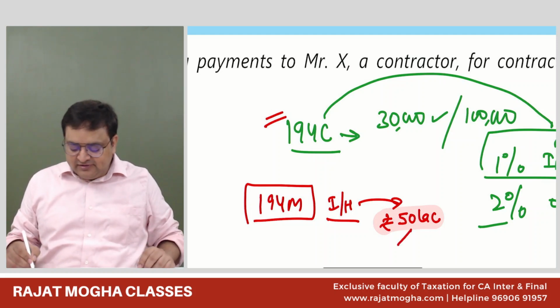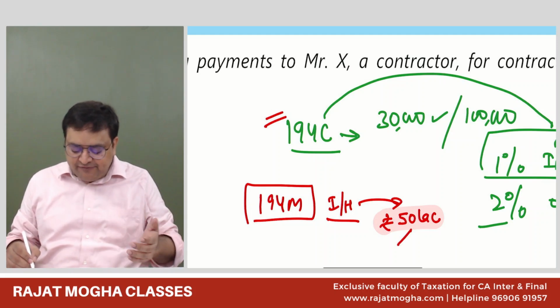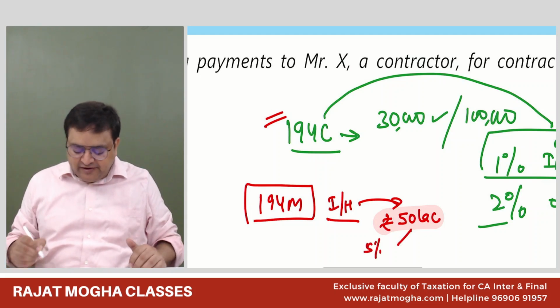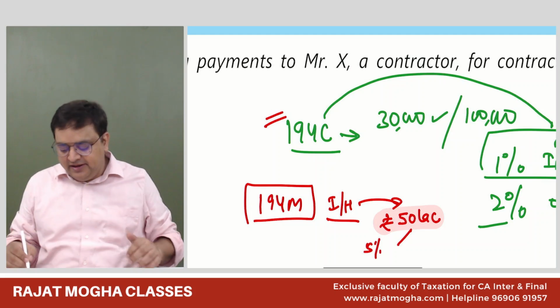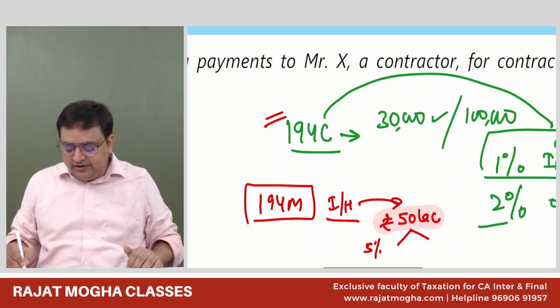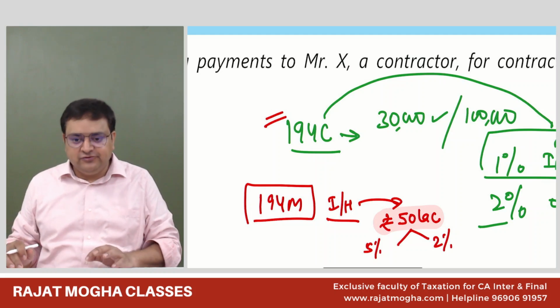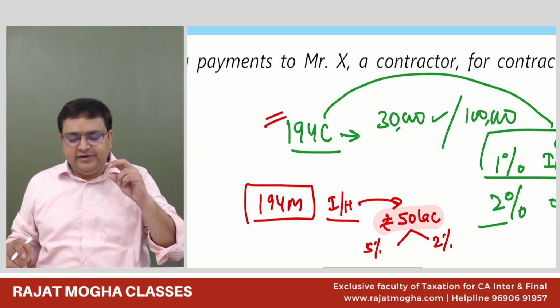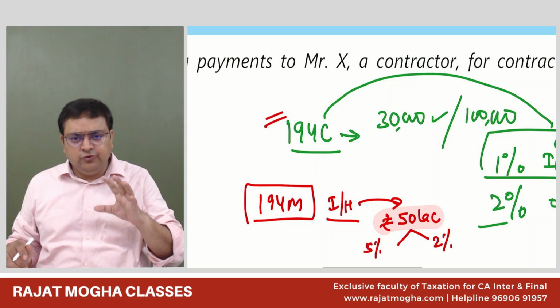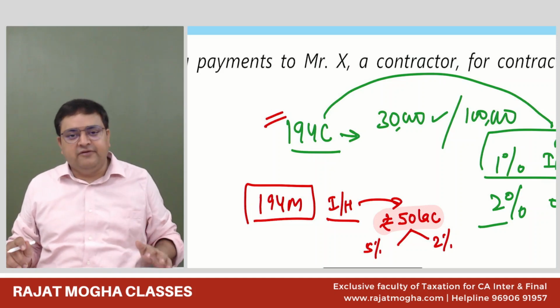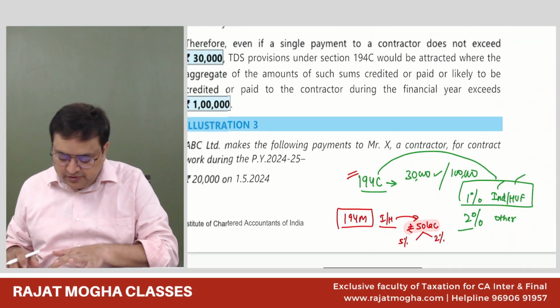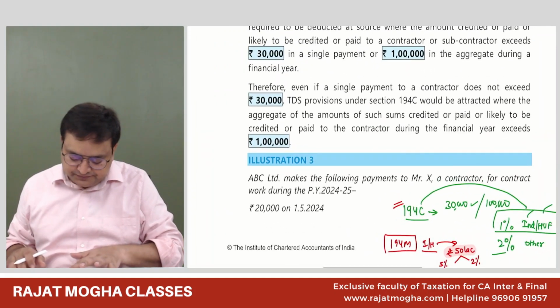So if you are deducting the TDS before 1st October, then 5%. But if you are deducting the TDS after 1st October, it would be 2%. So generally, they have reduced the rate to 2%. Mostly, wherever there was 5%, they have made it 2. Not in all, but in most of the sections they have made 5 to 2. Okay, very nice.